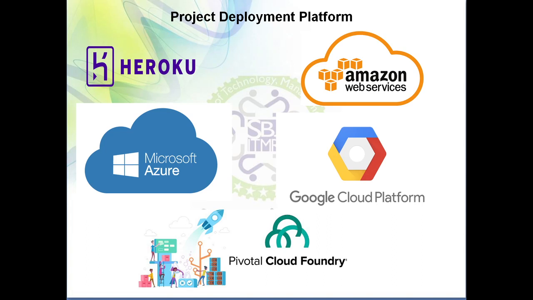So here I have given you information about what project deployment is and why deployment of a project is important. In order to use your project globally by any user from any location, you need to deploy your project on a cloud service. That cloud service can be Amazon Web Service, Microsoft Azure, Google Cloud Platform, Pivotal Cloud Foundry, Heroku, and so on. A number of cloud services are available, so you can use them as per your choice and requirement. But as a beginner, you can go for Heroku.